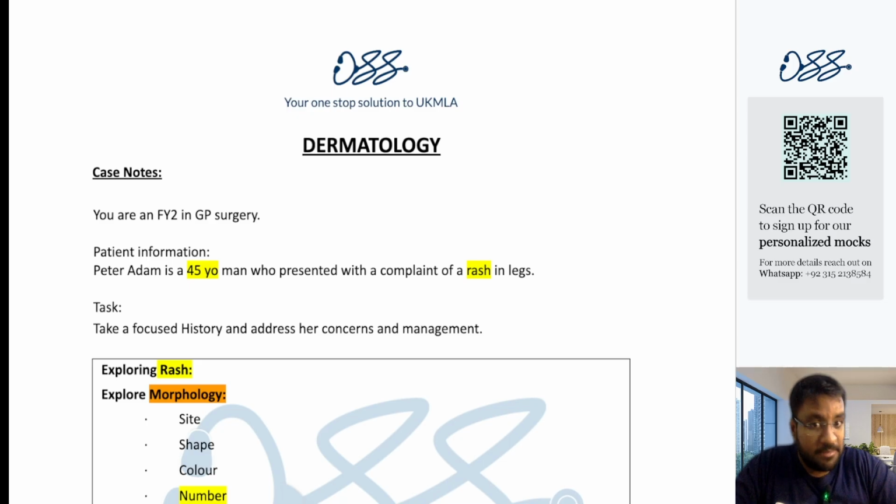If it's just a harmless mole that has been present there for a very, very long time, it's not causing any apparent distress to the patient or mental health issues to the patient, the NHS does not fund the removal of moles or lipomas, okay, unless there is a